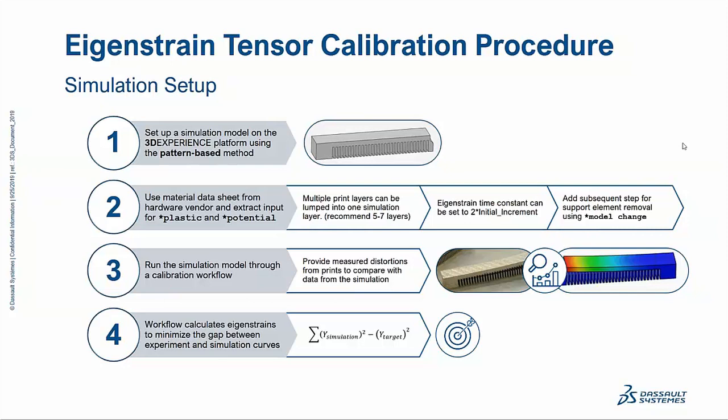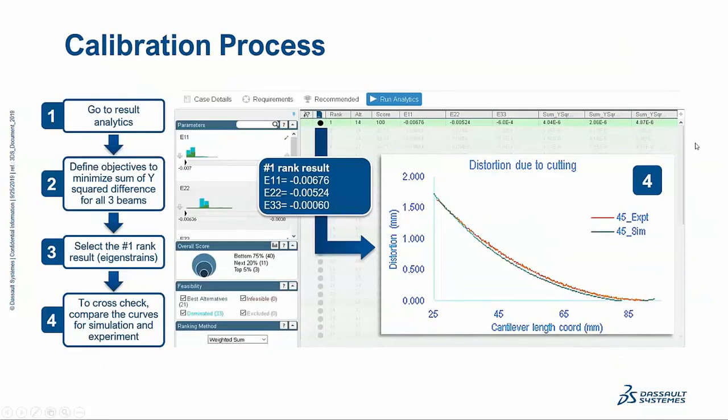and we try to minimize the difference between the curves that we obtain. And you kind of see this in the screenshot here, where we use the results analytics tool in our 3D experience platform to compare the deformation of the experimental beams with the current deformation from our current simulation for a given eigenstrain tensor. That's the one depicted here in the center. And if the difference in deformation is sufficiently small, then we accept this result,